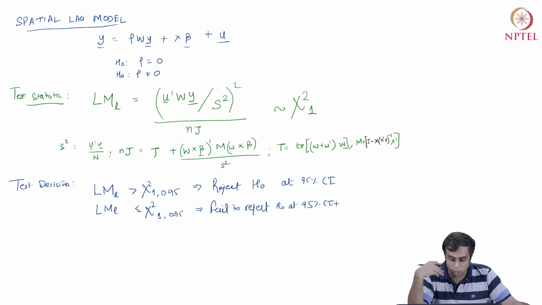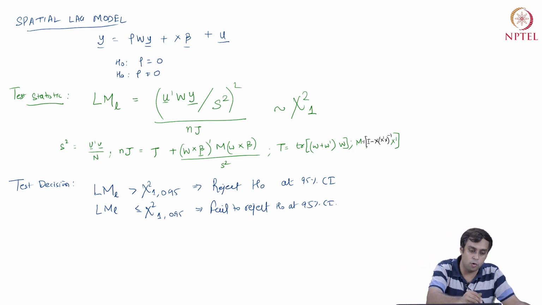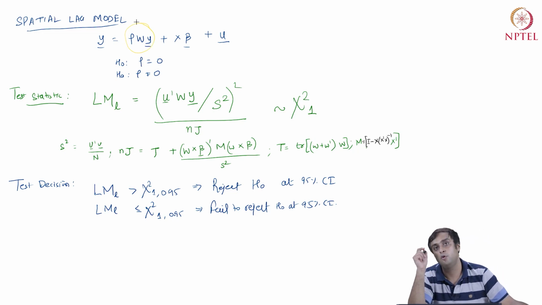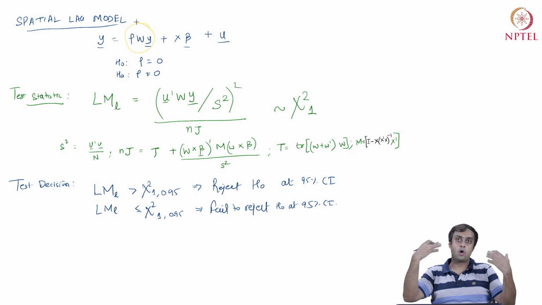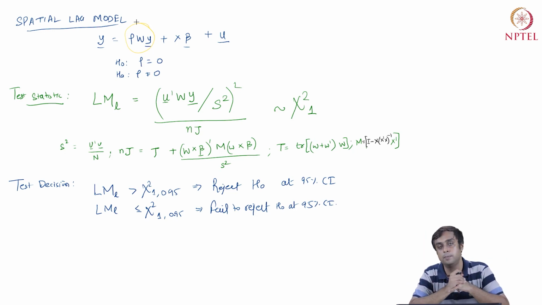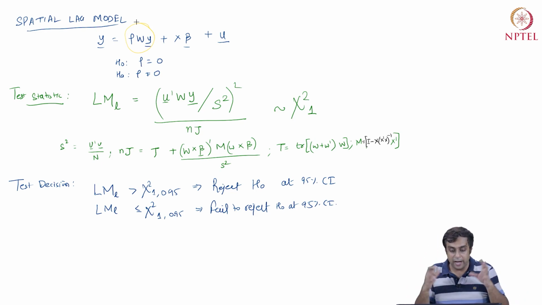Okay. Now, if you reject the null, then you cannot avoid a spatial lag model. That is indeed the right specification. And if you reject the null and you still go on to ignoring this rho WY factor, then all the beta hats are going to be biased. And the higher the rho, the greater is the degree of bias, something that we saw through a simulated plot by Luca and Celine earlier, right? And if you fail to reject the null, then you can go back to your OLS, just like we talked about in the previous case.